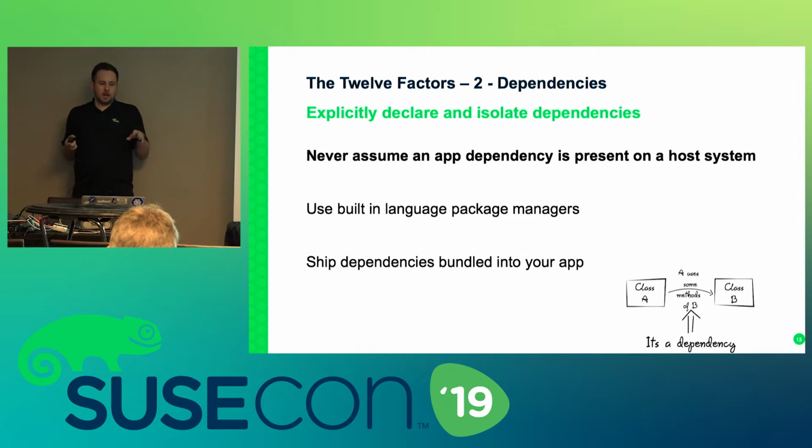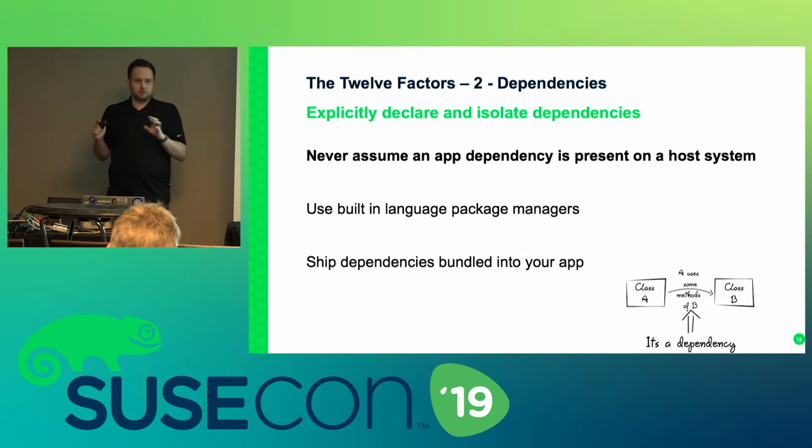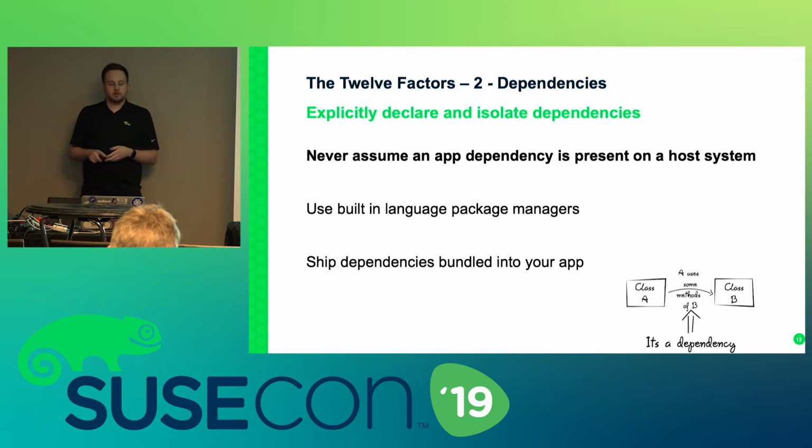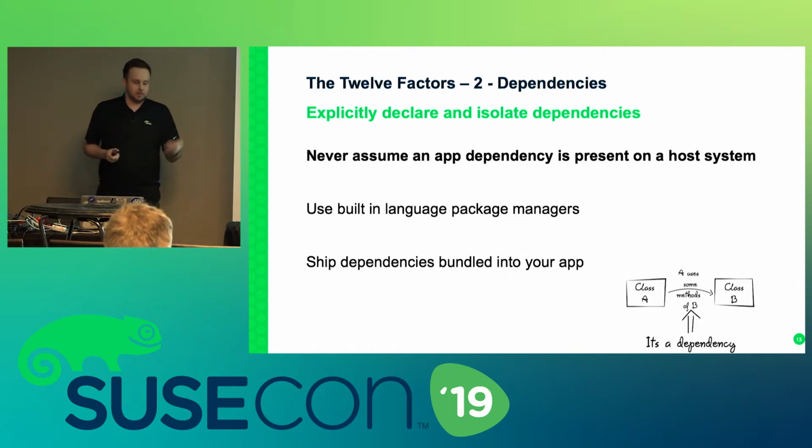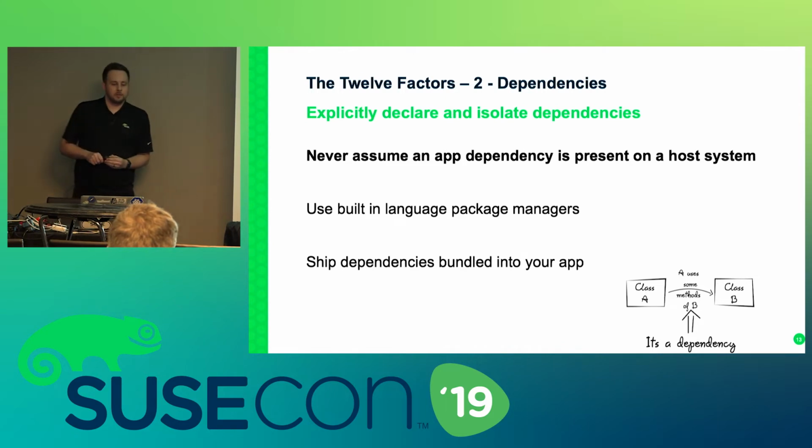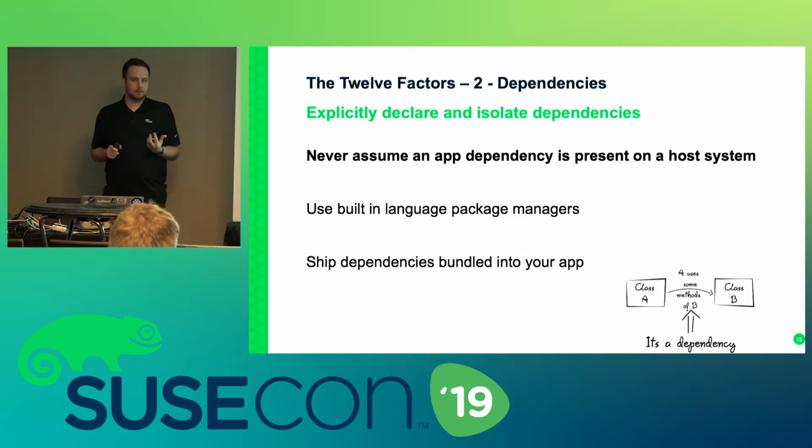In the past, and this is especially true of things like Java and Ruby, they would ask the operations team to install the log4j package on the host operating system. Rather than do that, the recommended approach is to use whatever programming language's dependency manager or package manager. So npm if they're dealing with a Node.js app, and to then ship those dependencies bundled into the application. And there's a very good reason for this.